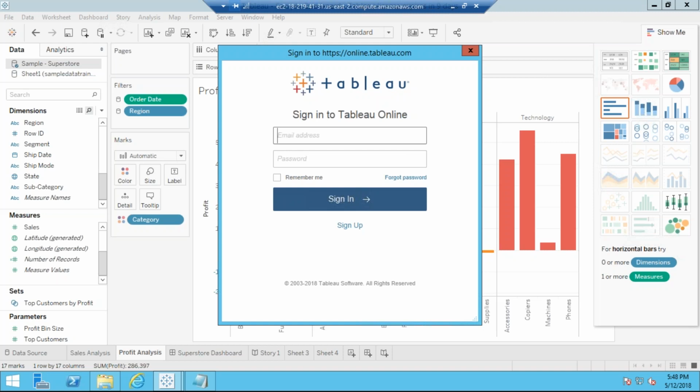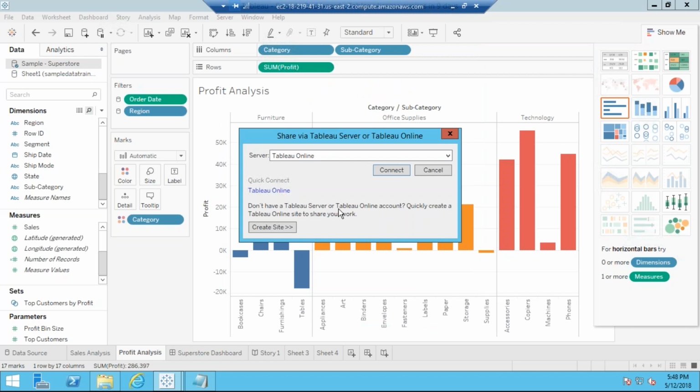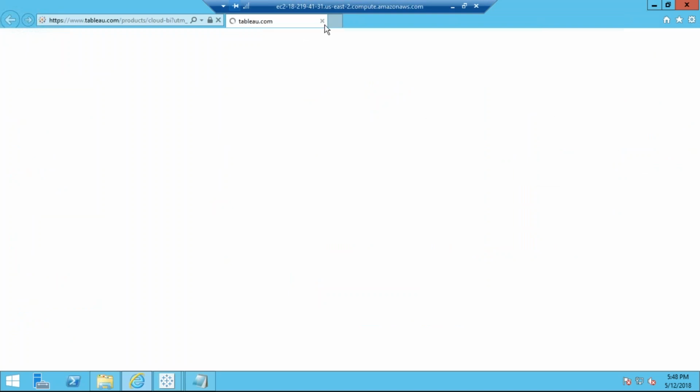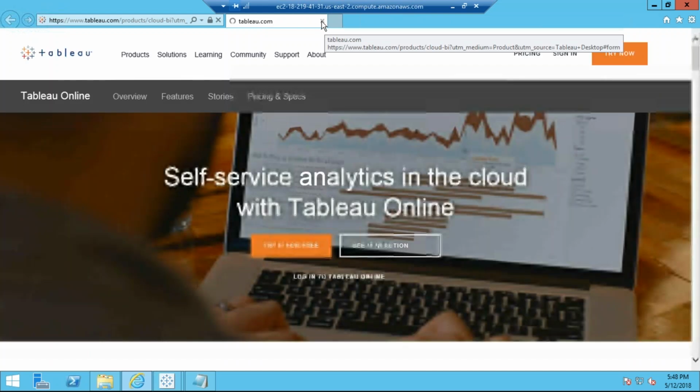So it is a very continuous cost. But in Tableau Online, you don't have to upgrade, everything will be managed by Tableau only. Is this thing clear? I'll take a separate session on Tableau Server and Tableau Online, because you should be aware of that. We have to create sites in Tableau Server and all that. We will do that on our server next week. Then I'll create a server setup and then we create sites.